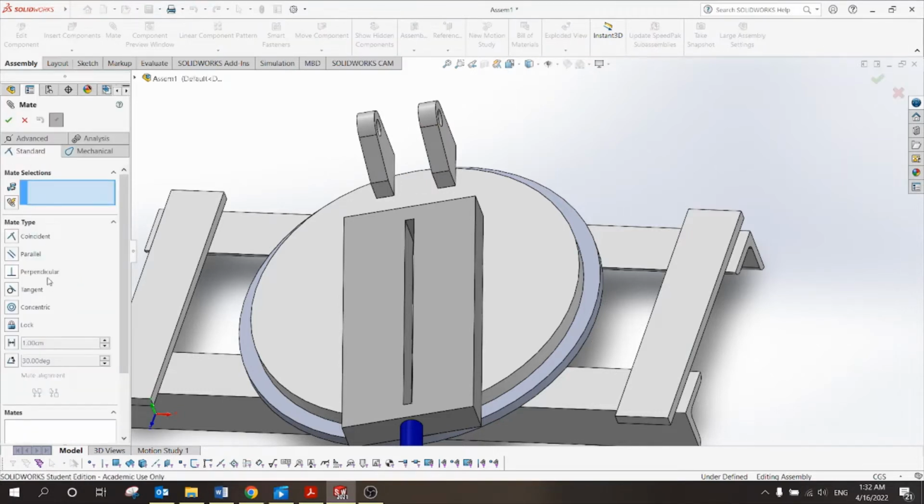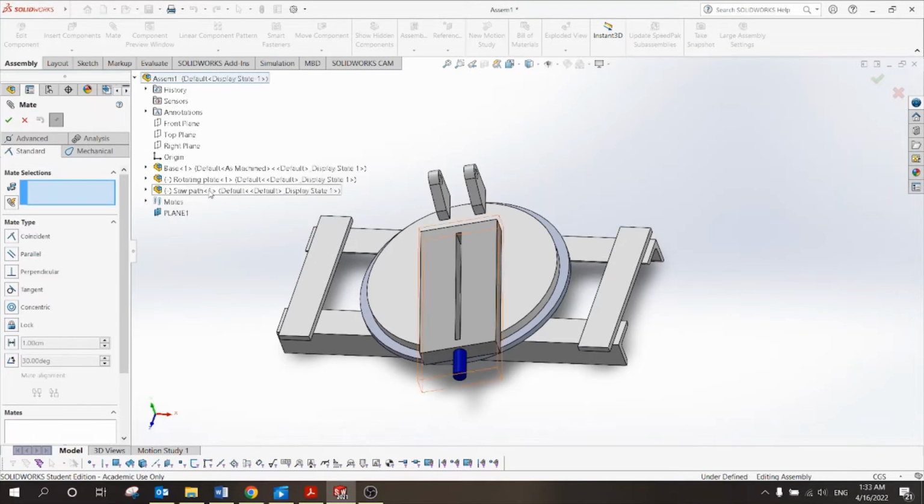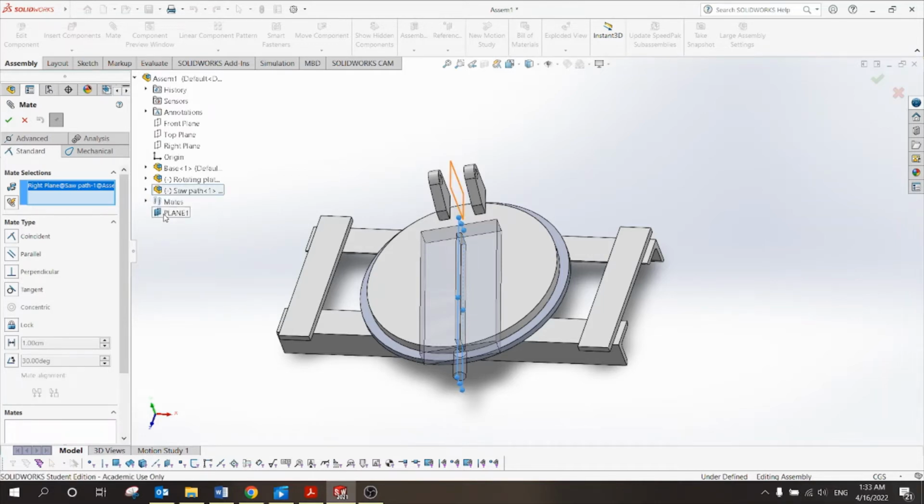now I don't have the options, so I have to go and find them. I know that, let me just zoom this, the saw path, the right plane, should be mated with plane number 1. It's at the end of the assembly because I added this plane on the assembly. It's not part of any single element. So that's plane number 1. So I'm mating right plane of the saw path with plane number 1, and if I confirm, you can see